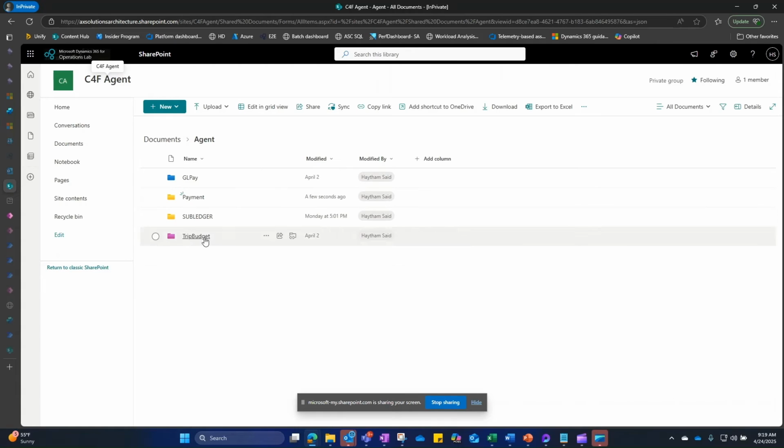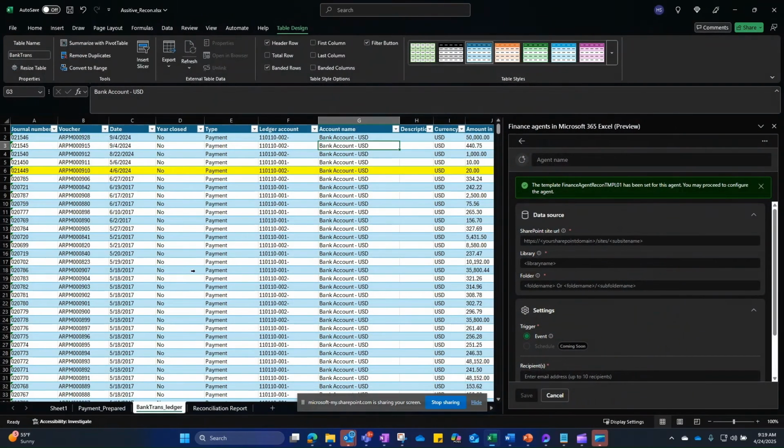And now I will go back to Excel. So I'm going to take this site path, return to my agent screen within the Excel, paste my agent name, and then my library is going to be documents, since I'm using the default library, and my folder structure will be